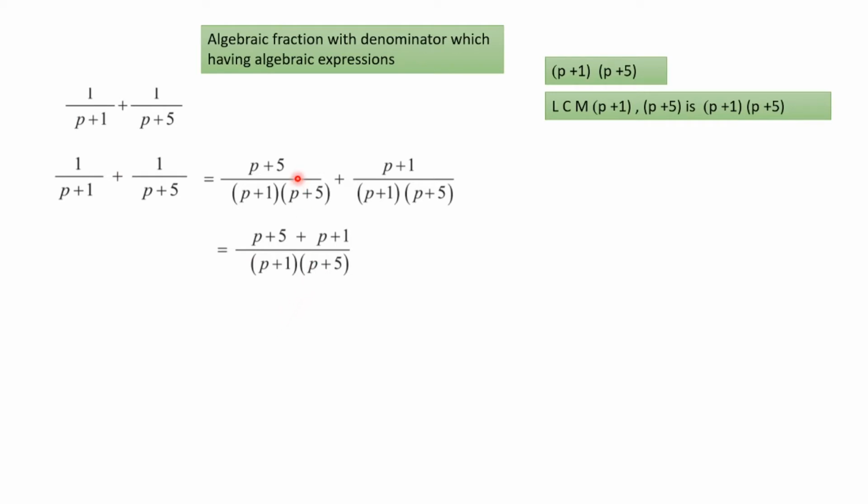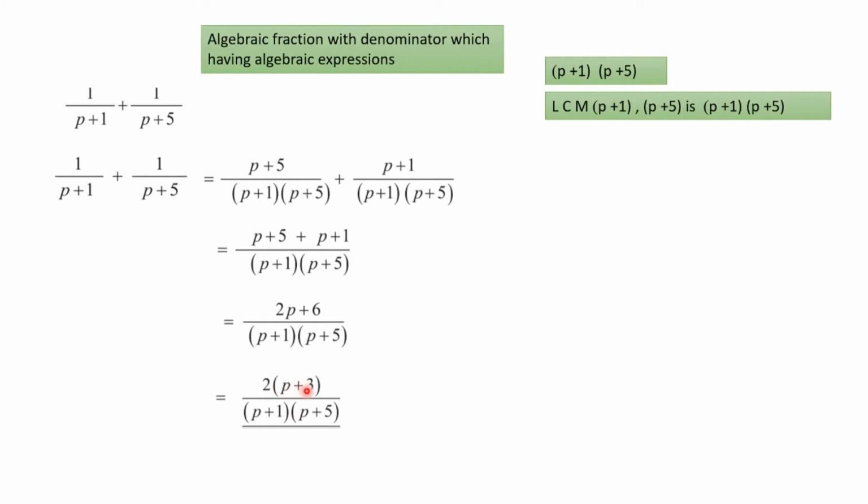In this case there is no p plus 5, so what are you supposed to do? Up and down you have to multiply by p plus 5. Here p plus 5 is there, but you don't have p plus 1, so you have to multiply this up and down by p plus 1. Then you can see the same denominator. Now you can add the numerators, 2p and 6, then you can solve this part further. 2 is common, you can take out 2 as a